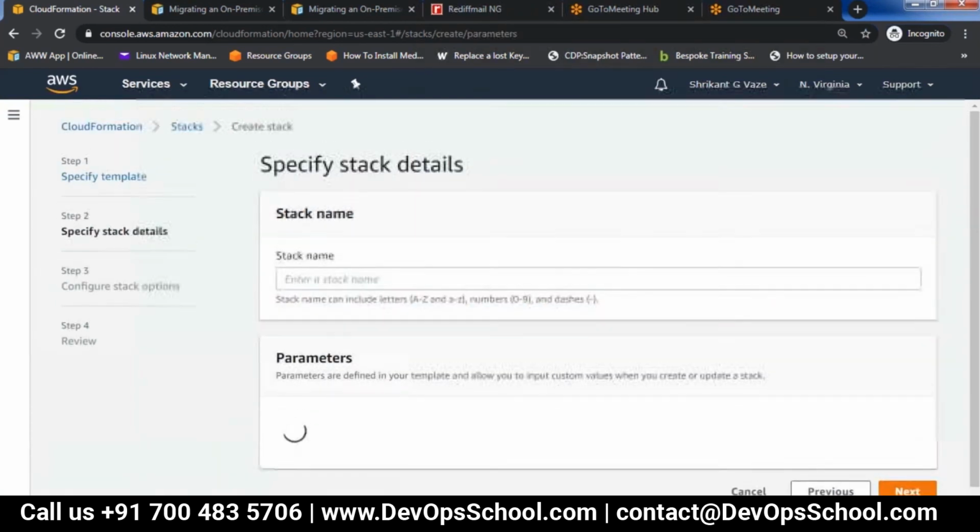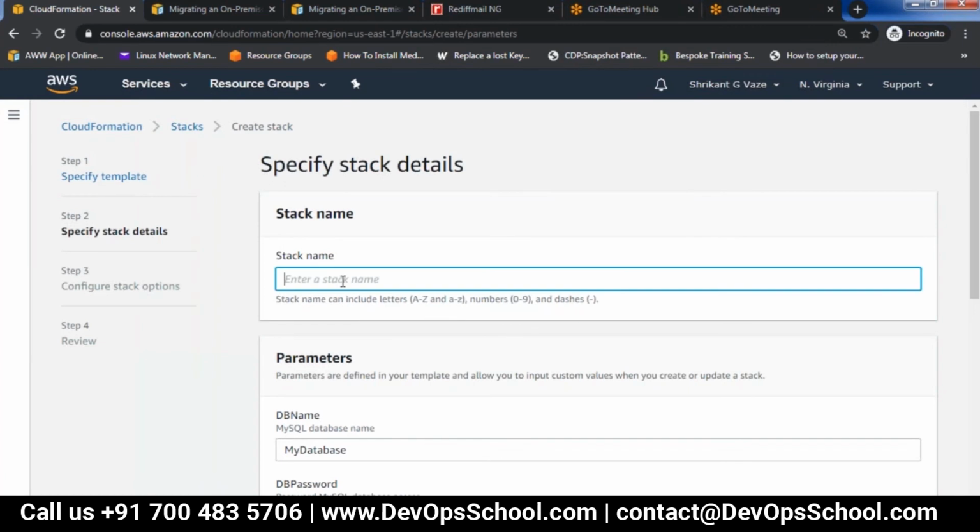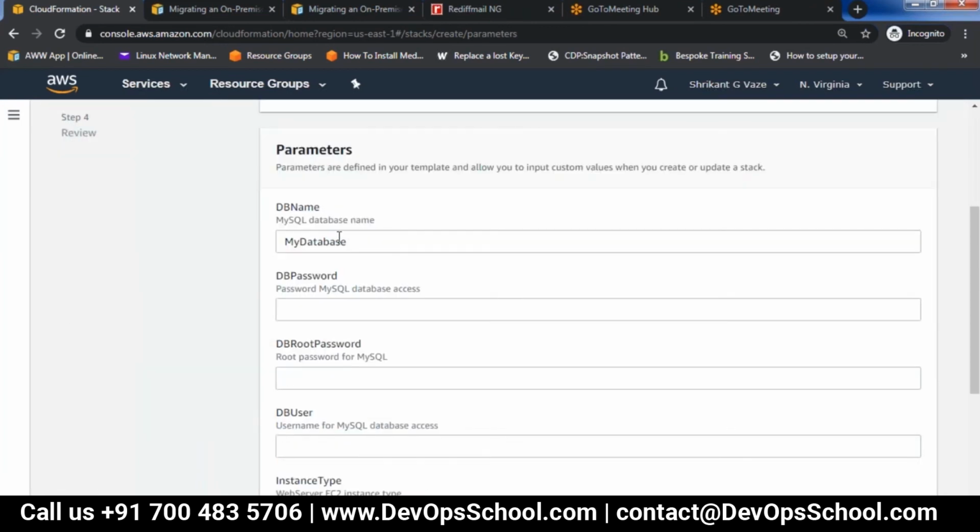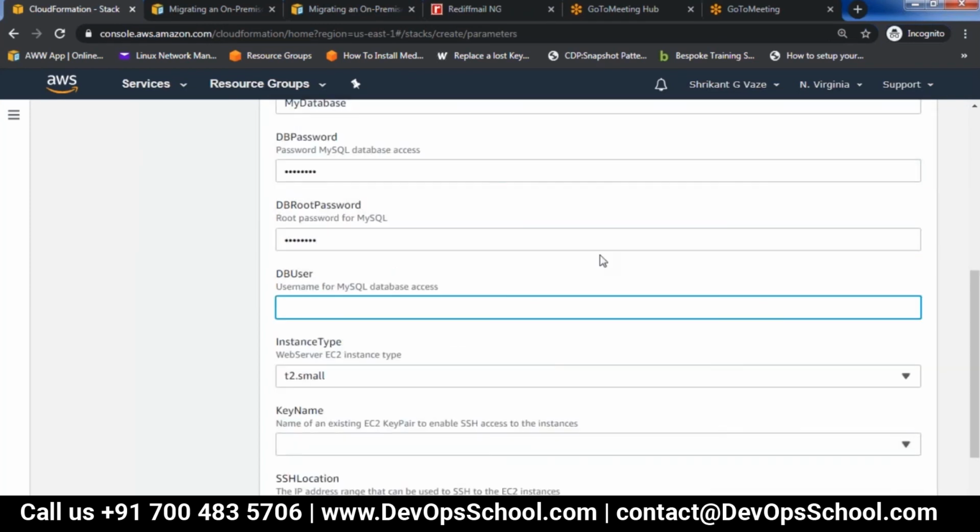Now let me go next and give a stack name. These are coming from the parameters section of the template. Now the DB password I will give, the root password, and the username.